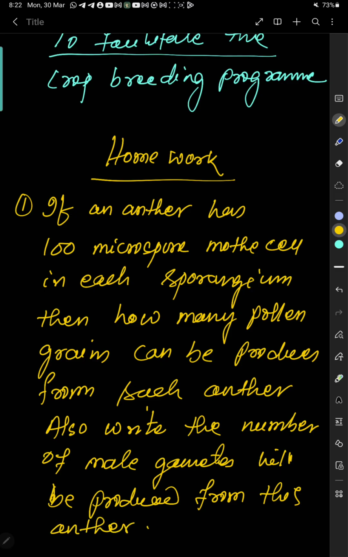So this is the only one question, but आपका माइंड का एक्सरसाइज बहुत करना पड़ेगा विथ कैलकुलेशन के साथ